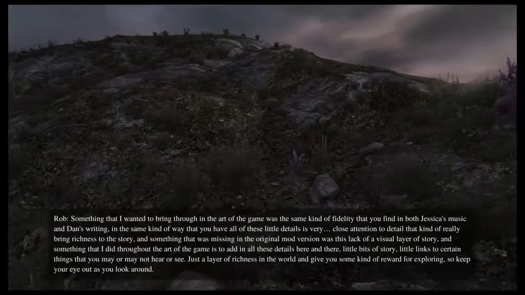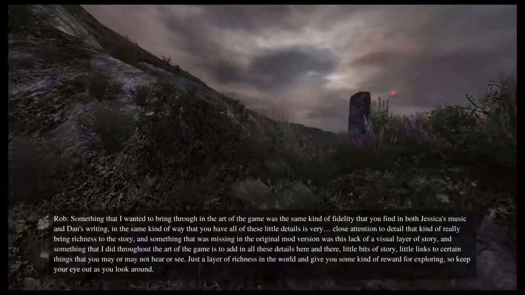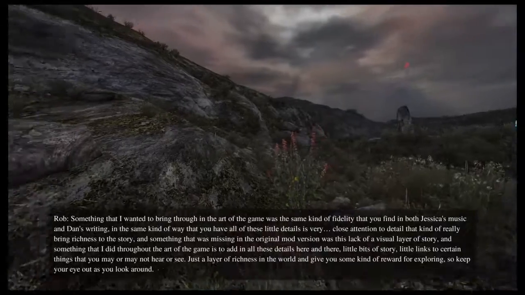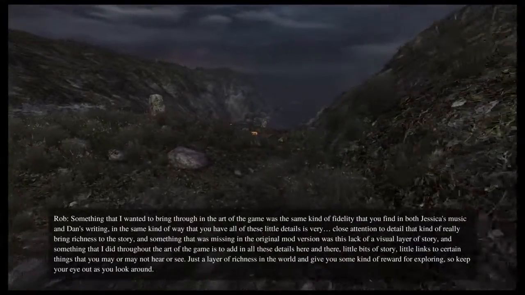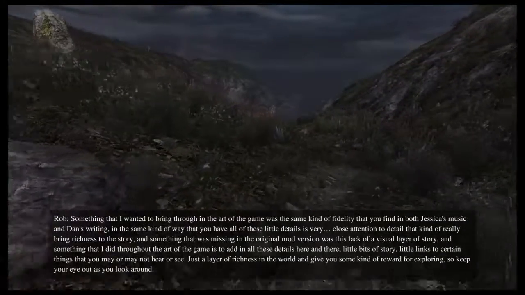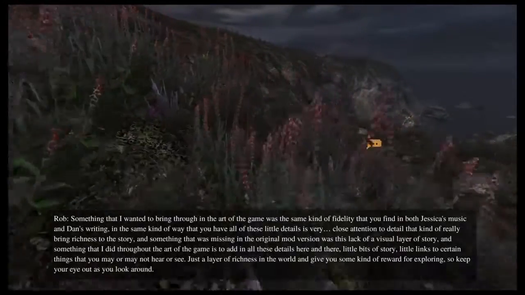So throughout the art of the game I added all these little details here and there, little bits of story, little links to certain things that you may or may not hear or see, just a layer of richness in the world, and some kind of reward for exploring. So keep your eye out as you look around.